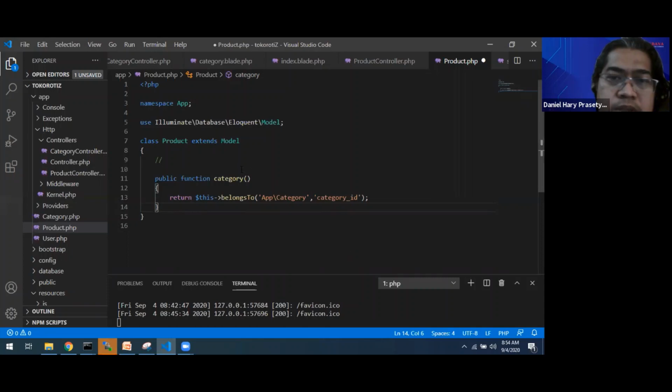So when we access the category in product, it will return the category model, with the ID of category related with category ID in product.